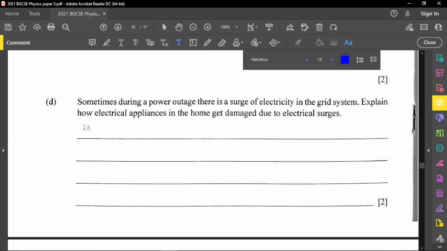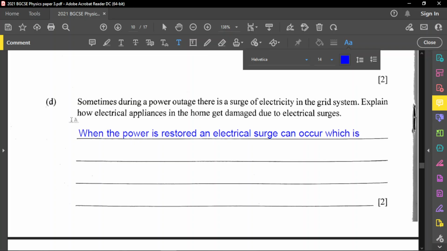Generally, for you to have an electrical surge, it is whenever a large amount of current is experienced, normally when the power is restored, a sudden restoration of it, or when it is lost. Because when it's lost, they can have a quick build-up of current, and also when you restore it, you can also have a quick build-up of the current as well. So let us start. When the power is restored, an electrical surge can occur,